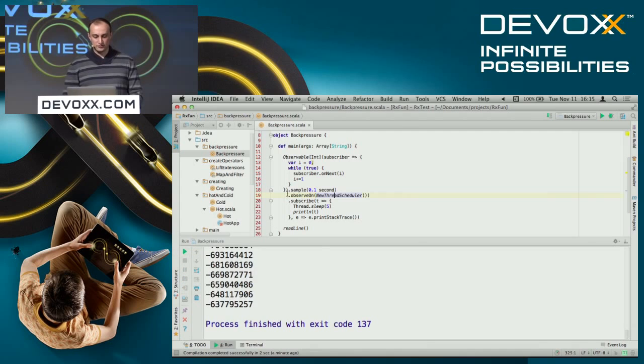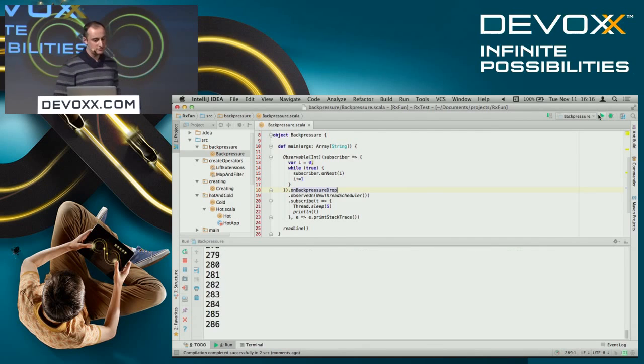So another option, like we saw, would be to just onBackpressureBuffer. Let's try to drop instead. Now in this case, what would happen is the source observable starts emitting like crazy. It fills up the buffer that is of size 1024, and after that, everything gets dropped until the subscriber requests a new chunk, right? So we run the backpressure,